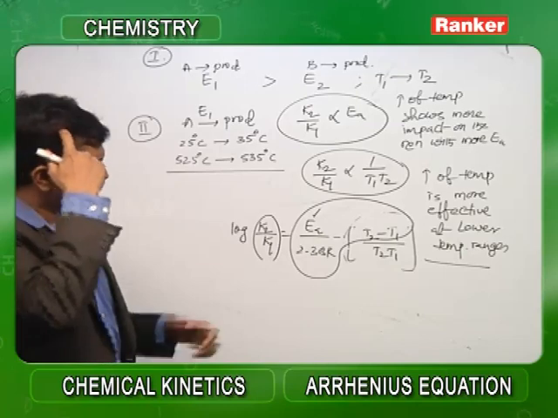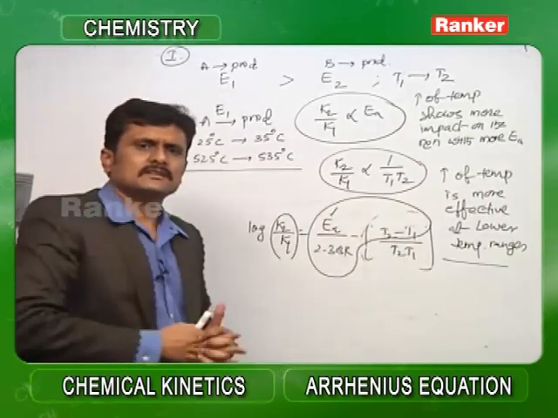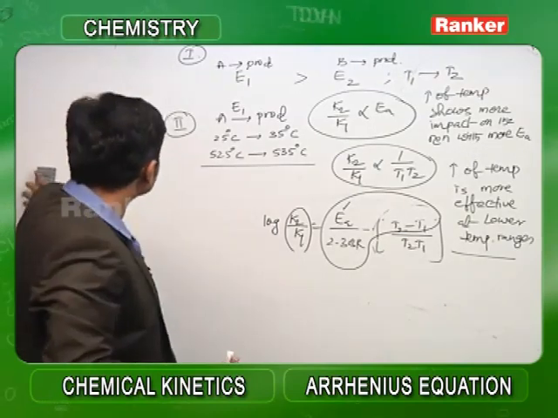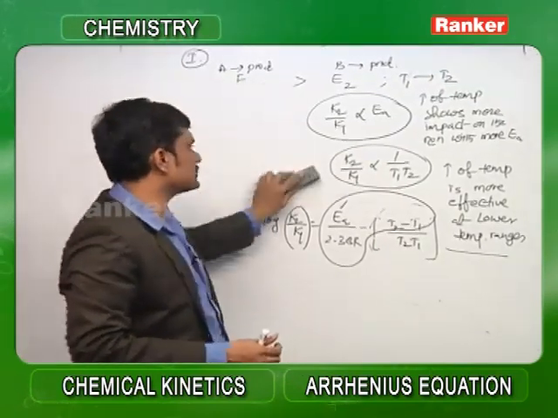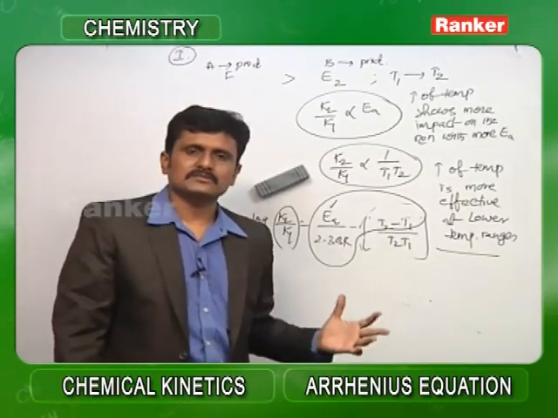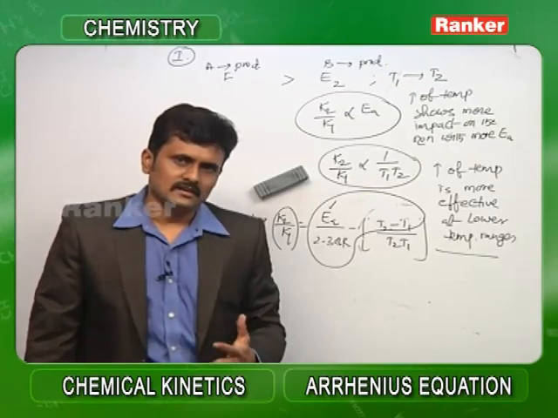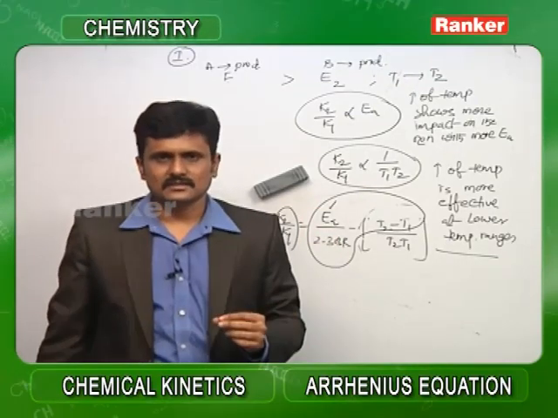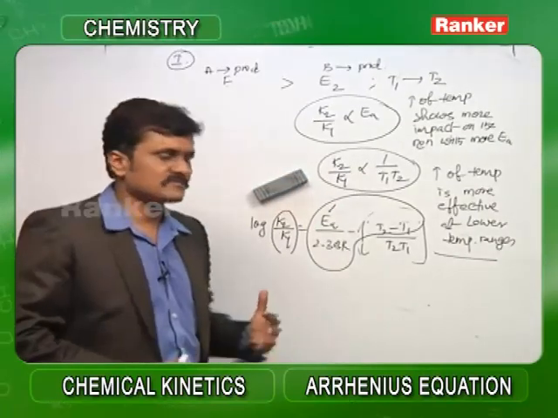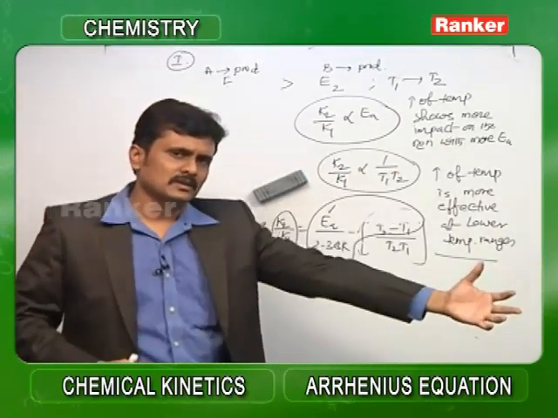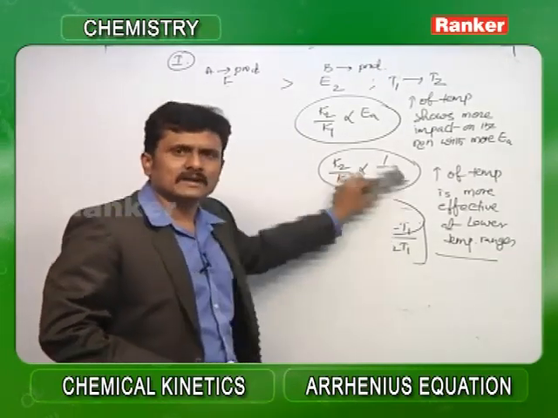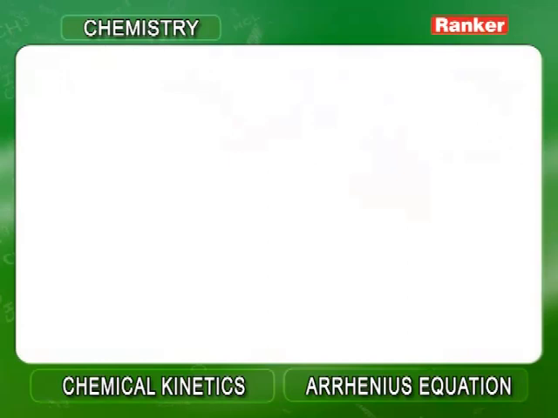So these are certain important factors that are associated with chemical kinetics. After that, when questions are asked from the Arrhenius equation, they are simple and straightforward. You just have to substitute the data, but sometimes they might give you the delta H as well as the activation energy of the forward reaction to find the activation energy of the backward reaction, and thus you will be finding out the rate constant of the backward reaction as well. Moving on further,